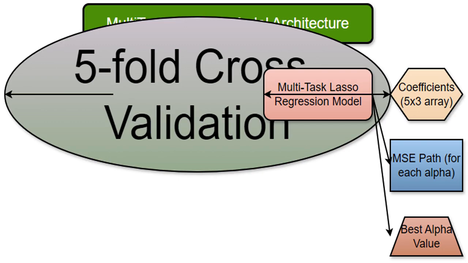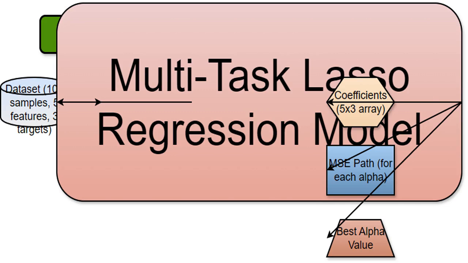This is like splitting the data into 5 parts. I train the model on 4 parts and test it on the remaining part. I repeat this process 5 times, each time using a different part as the test set. This gives me a more robust measure of how well the model performs than just using a single train test split. I'm using scikit-learn's